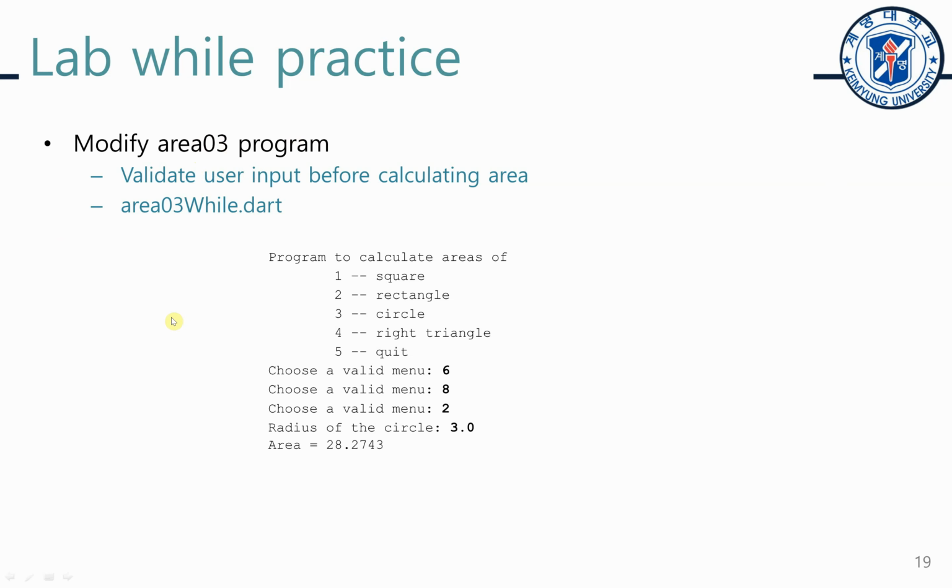Earlier, we just gave a menu like this, a program to calculate areas. If you want to calculate a square, you press 1. If you want to calculate a rectangle, you press 2, and on and on. If you want to quit, you press 5. However, if the user gives 6, 8, or 10, we didn't have a means to check the user